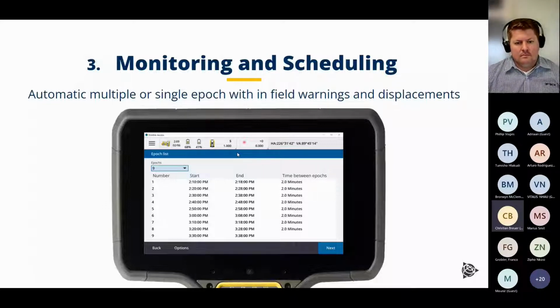You do not only see the epochs, of course, but you will also see immediately displacements to the reference measurement on screen. And you can also set up the system to pop up warnings, because you can also set thresholds directly here in the field software. Okay. Once you have finished your